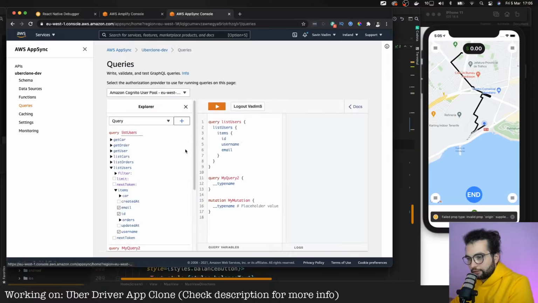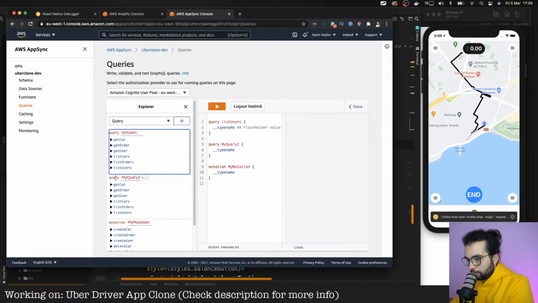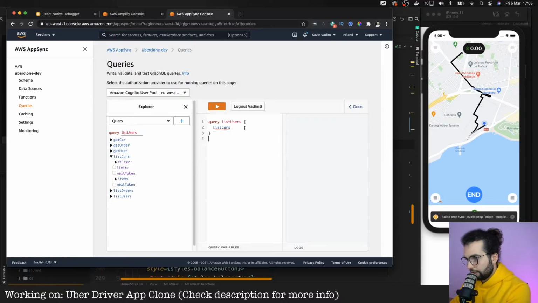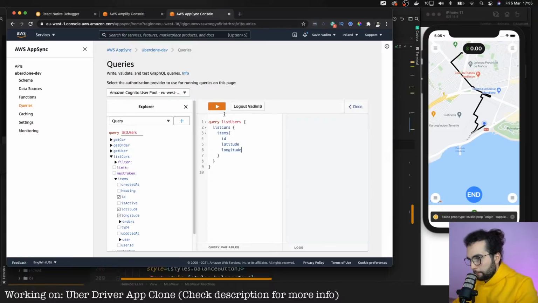And in the queries, let's do list cars. And here, let's do items of ID of a car, the latitude, and the longitude, and the heading.